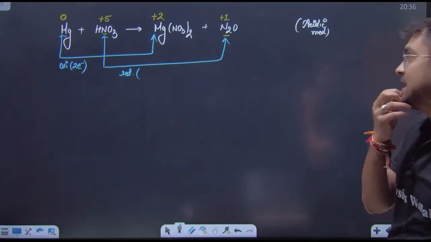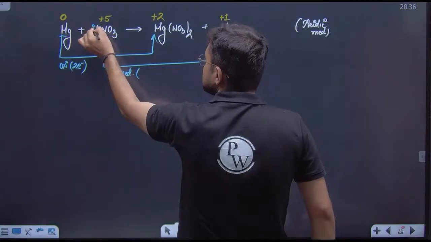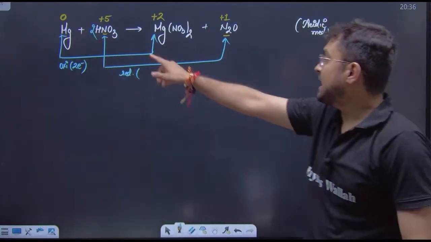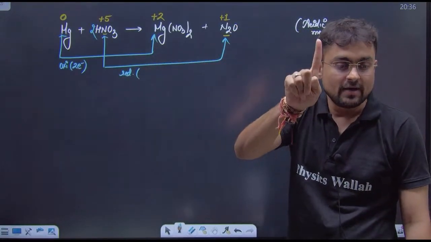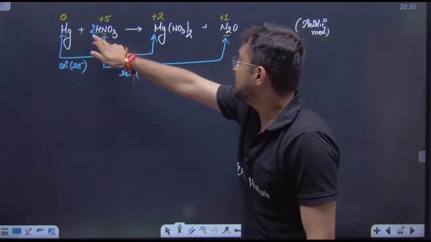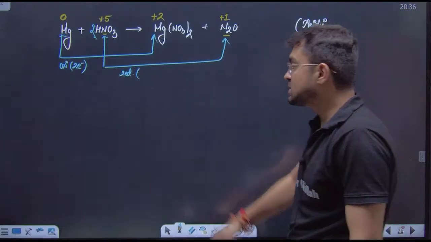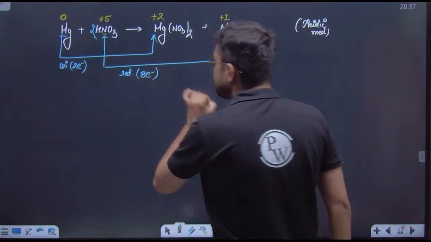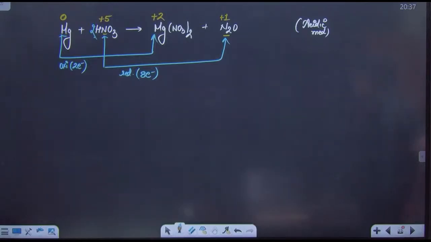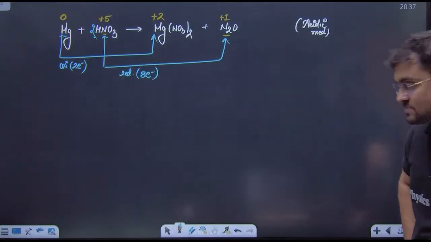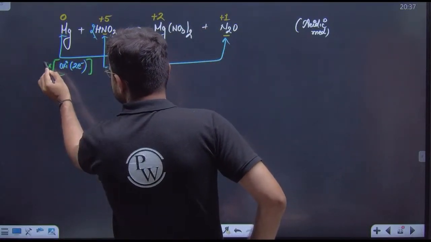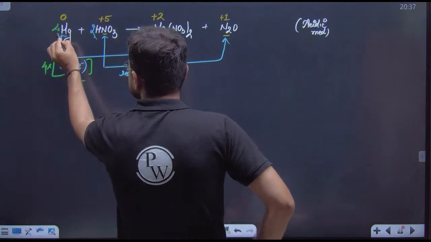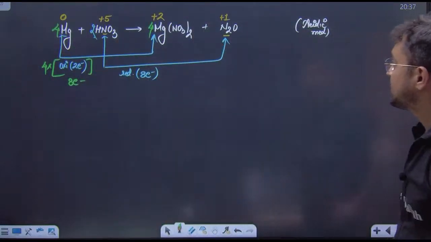We need 2 more. Yes. Here there are 2 nitrogens. There is only 1 nitrogen. So we need to make it 2 nitrogen here. Now 1 nitrogen was plus 5. Now 1 nitrogen is plus 1, which means 1 nitrogen is accepting 4 electrons. But now we have 2 nitrogens. So 4 plus 4 in total, these 2 nitrogens are combinedly accepting 8 electrons, but donating only 2. बहुत नाइंसाफी है. So now what to do? We need to multiply this by 4 so that we get 8 electrons. So 4 will be coming here, 4 will be coming here. Now if everything is balanced,